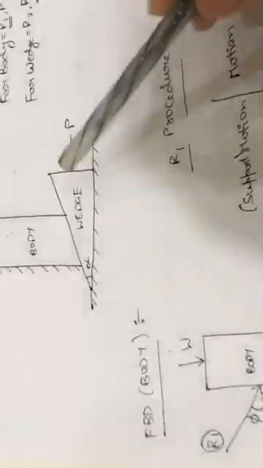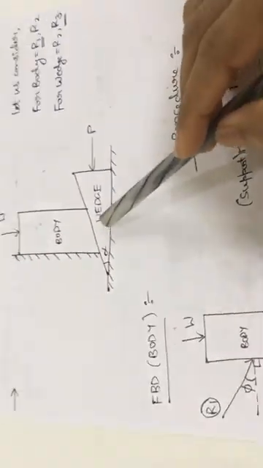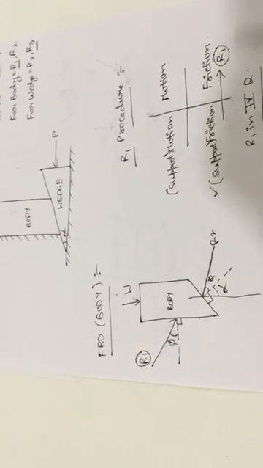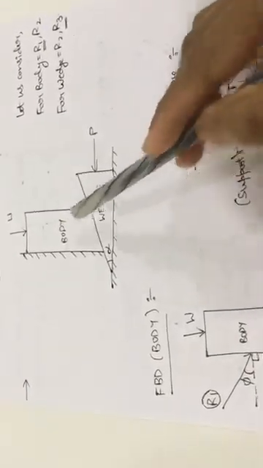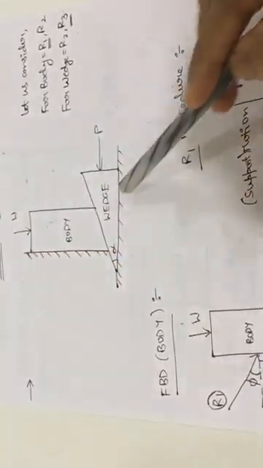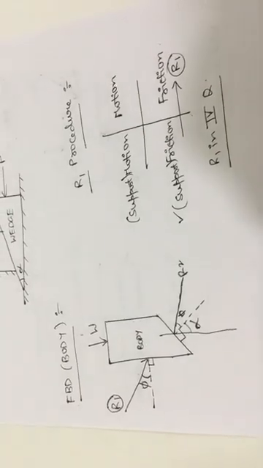Next, here one more support is there for the body. That is nothing but you will get the reaction force R2. For R2 there is no extra procedure. From visually we can say that wedge is acting on the body in this direction. In this direction means it is projecting towards the second quadrant. So towards the second quadrant,